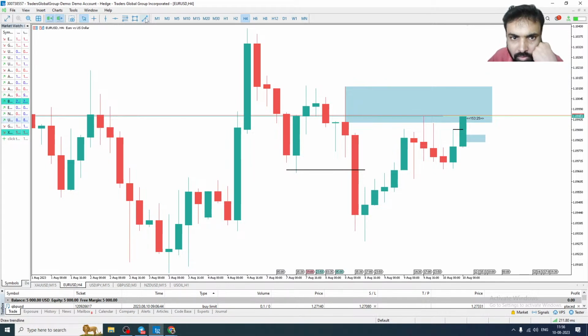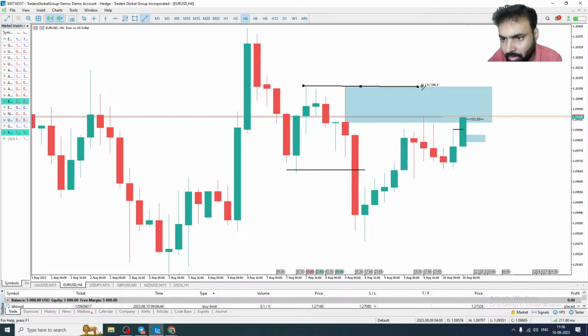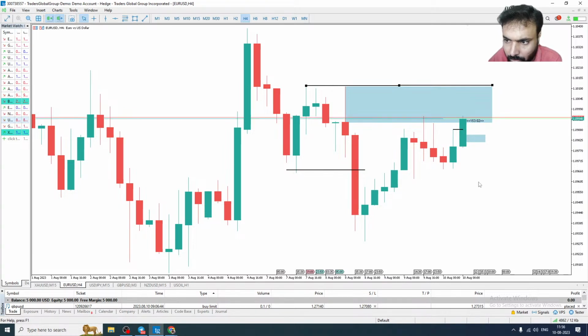I think yesterday, not yesterday, I have told people that in the session you have this equal high. This equal high means above which you have liquidity. So price can still try to take that also. Once it has taken the liquidity, then it can come down.